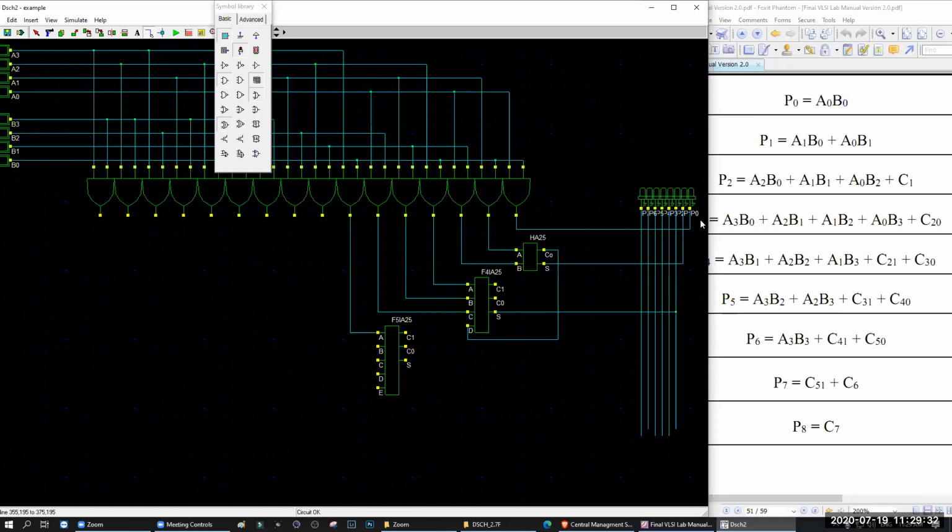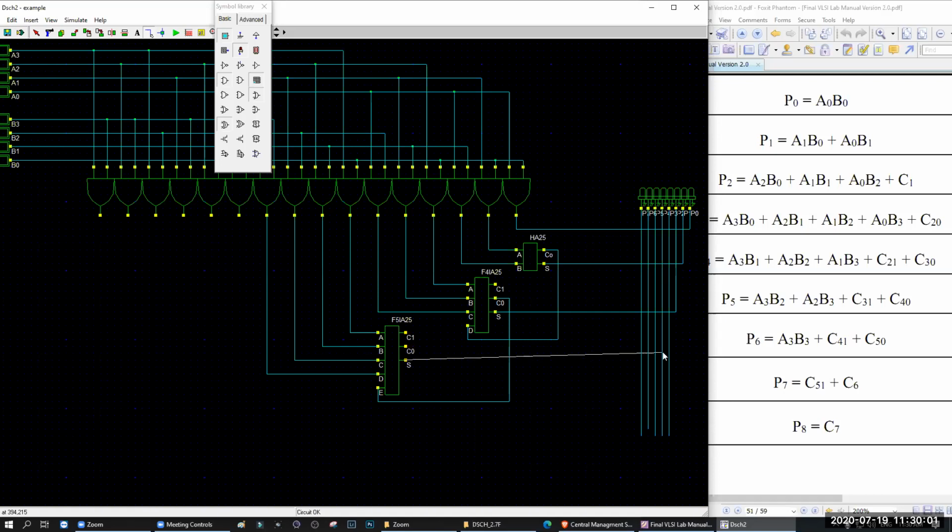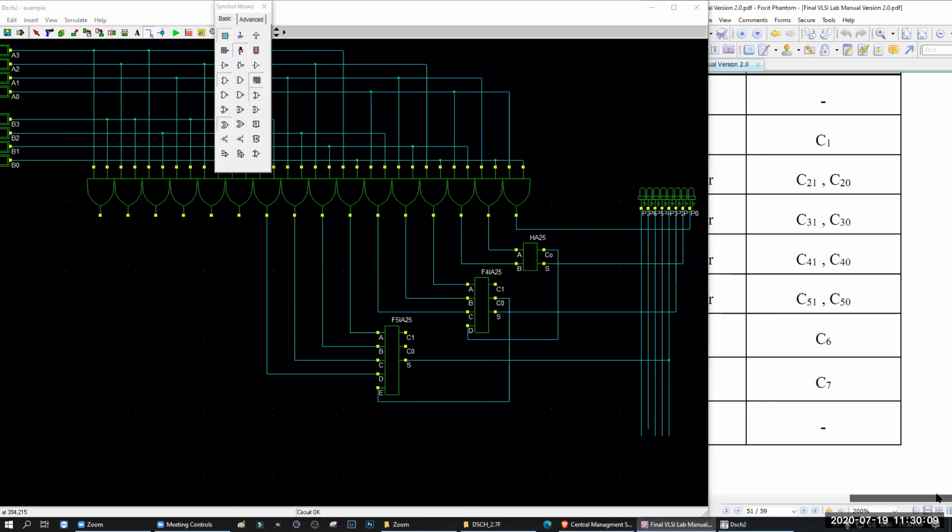A3, B2, and our last carry, the smaller carry, C20. We do not need these. And the sum will go to the result, P4. These will be our C30, C31, right?